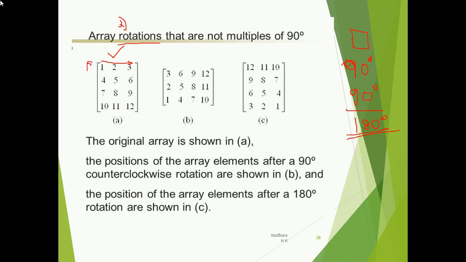This is the first row you had, and it is changed to a column. The second row, 4 5 6, is changed to 6 5 4, and 7 8 9 is changed to 9 8 7 in this manner, and 10 11 12 is changed to 12 11 10. So these are the final pixel values you'll have after rotating about 90 degrees.